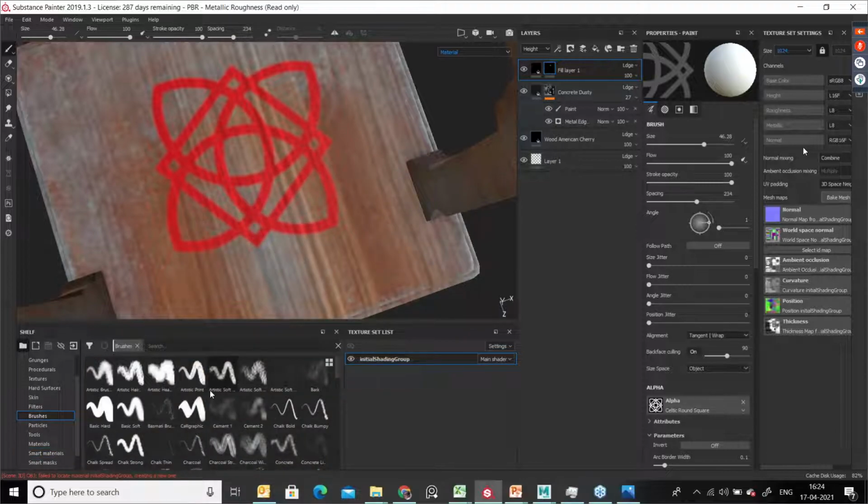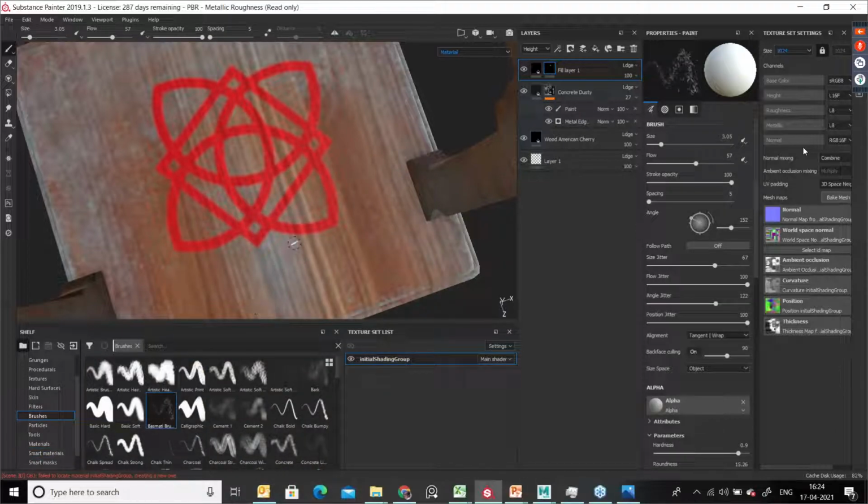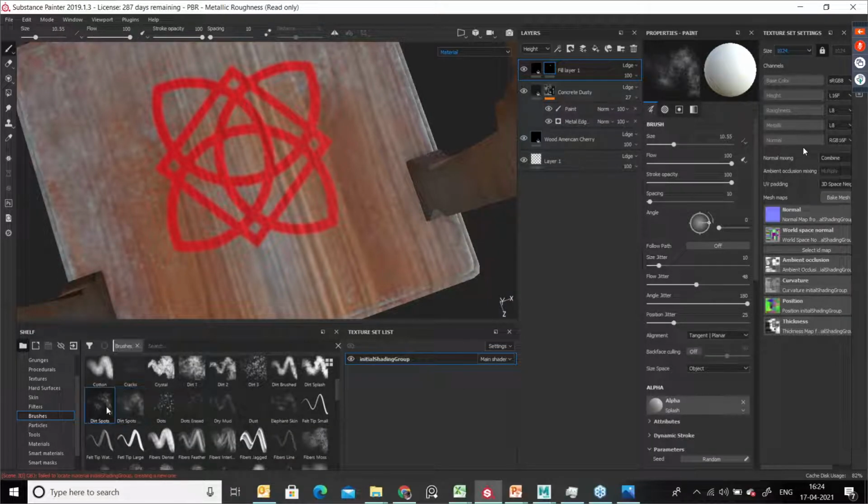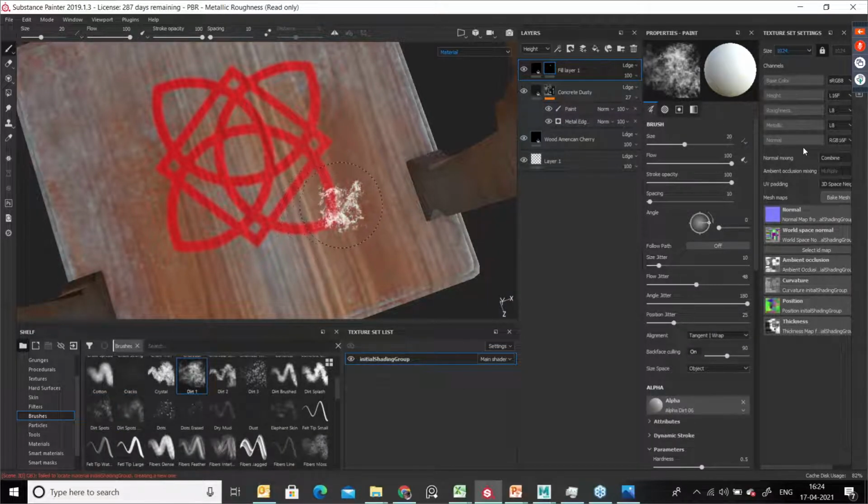You have to go to brush and choose some brushes with very random brush strokes, like cement or dirt, whatever. Mostly dirt will help you a lot, and you can try to apply. See, this is like paint spreading here and there. So instead of this, you can press Y. It will reverse the texture. See here, what happened?